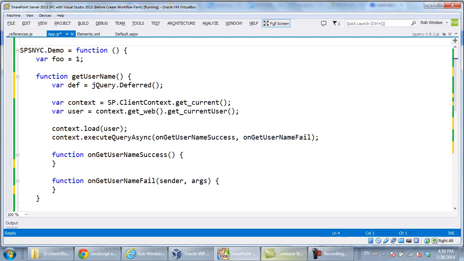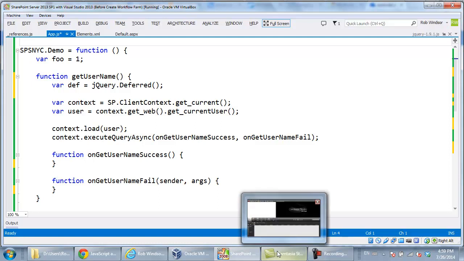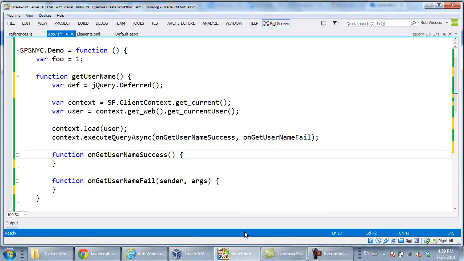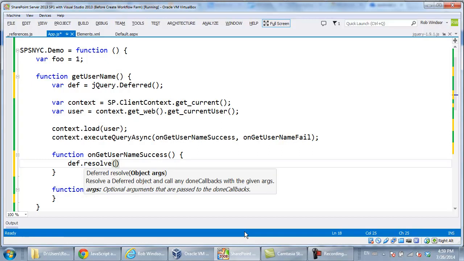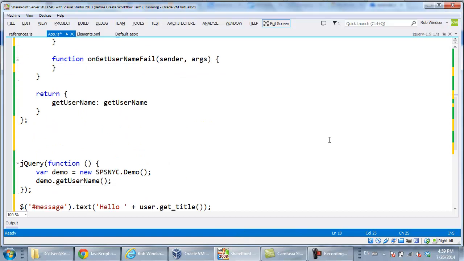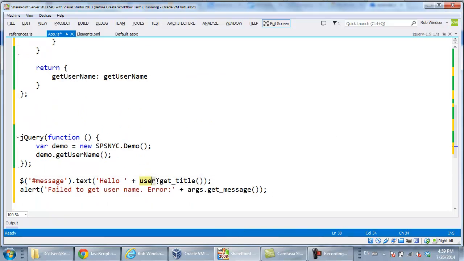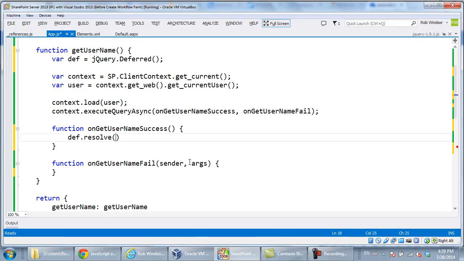So what happens when the call completes successfully? Well, I want to tell the deferred object that that's happened. So the way I do that is I do what's called resolving the deferred object. So I say here def.resolve. And then in here, I put whatever information I want to pass from the service layer out to the UI layer. Right? Well, the thing that we wanted to pass was the name of the user, right? This guy right here. So let's just take this and cut it to the clipboard